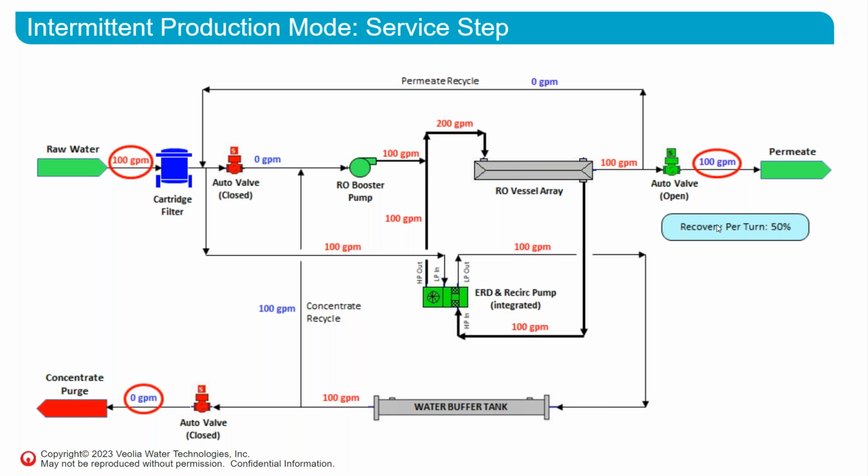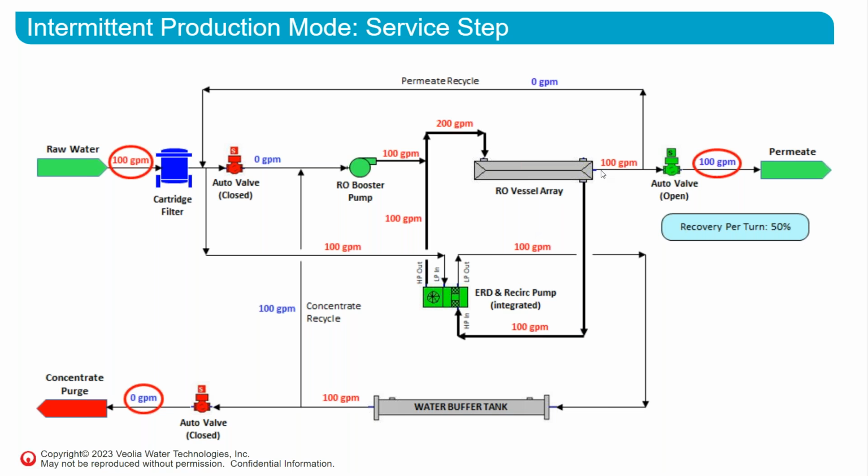And in this particular thing, we call it per turn. Each turn through the system is at 50% recovery. We're feeding 200 GPM and getting 100 GPM, but that's okay because we're recycling all of our concentrate. So we'll go through several turns of this until we finally achieve the recovery we want. If we need to get 92% recovery, that means we have to go through, say, about 12 turns or so of this system,